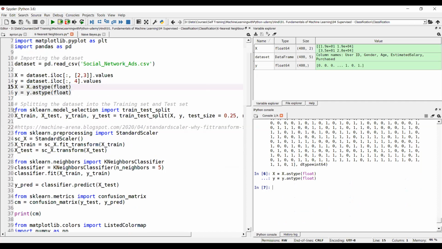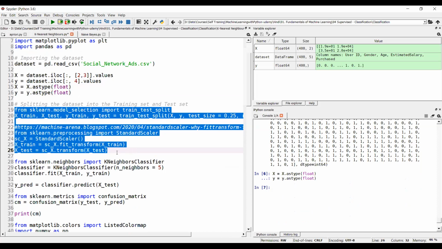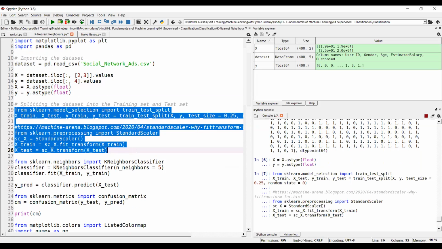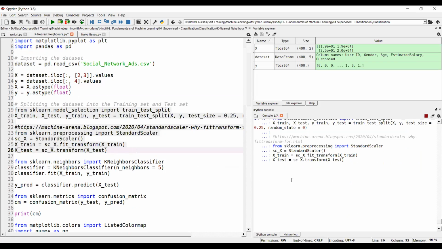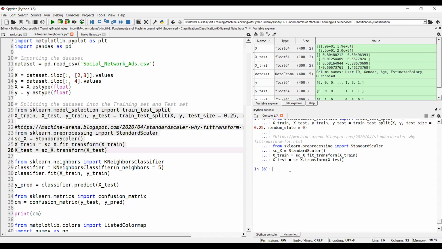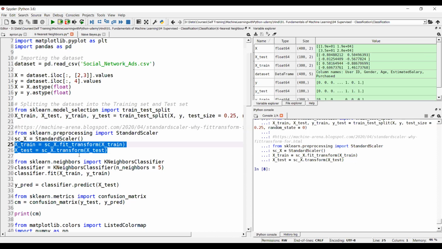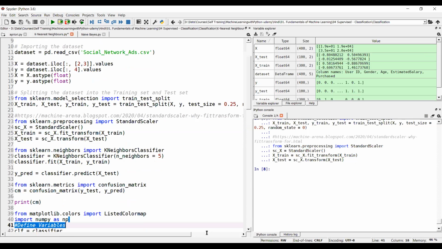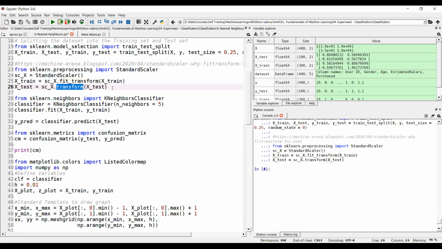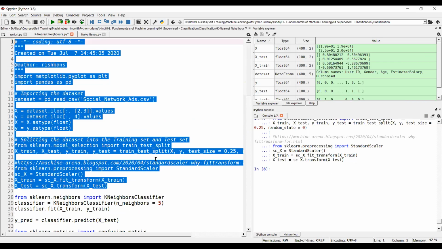Now we'll split the data and standardize our data. This StandardScaler, we also did in the last class. Fit and transform, I also explained what the difference between the two is. Also here is the blog on this: what is the technical difference between fit and transform. Now till this point we know very well what all things we do.